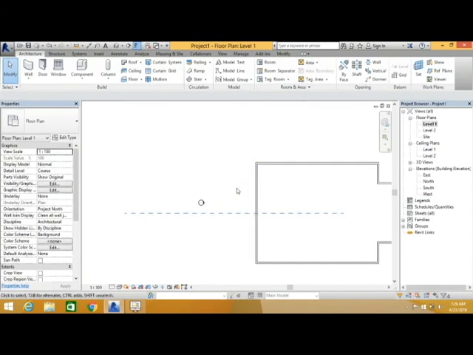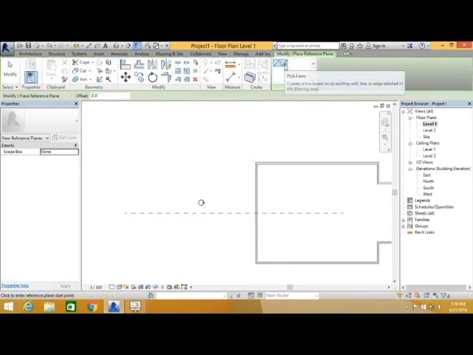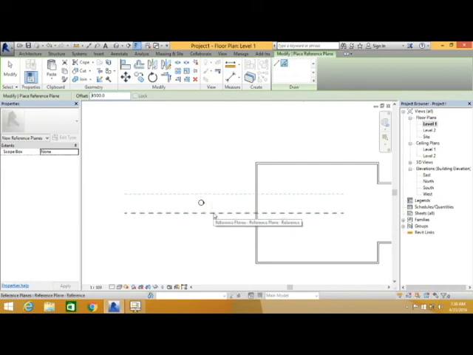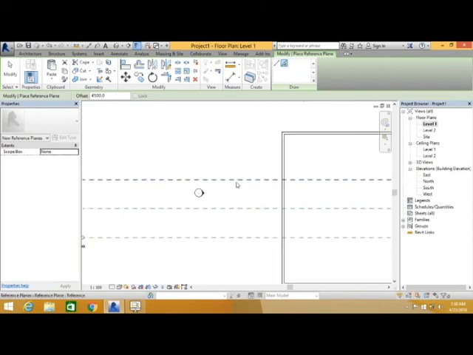Next I need one more line here at 4000 mm offset and here at 4000 mm offset, both sides. So go to the reference plane again and select the pick line command and give the offset 4500, and keep the mouse pointer on this reference line. You can see a dotted line coming. It will shift when you move the mouse. When you see the reference line, you click over there and the reference line will be created in that same position. Then you move your mouse down, you can see another reference plane coming, and you click over there. So both here and here we place one more reference plane at 4000 mm distance.